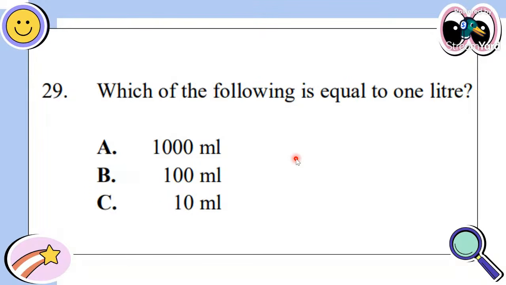All right. Good job to those who said 100 centimeters. Next question says, which of the following is equal to 1 liter? This is the same as when we're talking about 1 meter. All of this metric system is pretty much almost the same. You think about that bigger unit and you divide this into some equal parts.